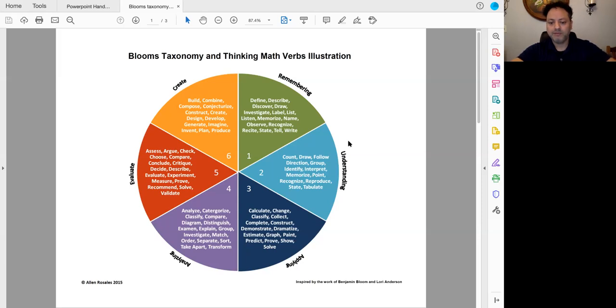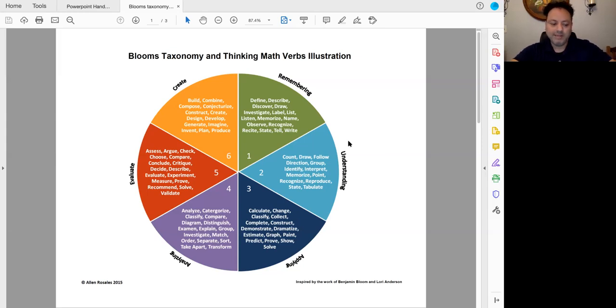Interpreting, if we're going to have children interpret why Goldilocks felt like she had to go in there and explore the Three Bears' home. Whatever the children say, that's their interpretation, right? That's what they're understanding at the moment. And so whenever you write an objective, one of these within this wheel has to be in it. And the reason why is because now that turns that objective into a measurable objective.